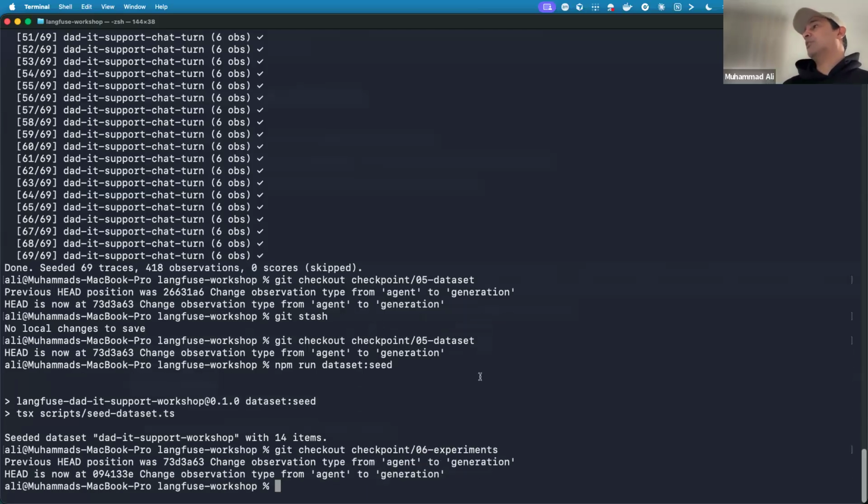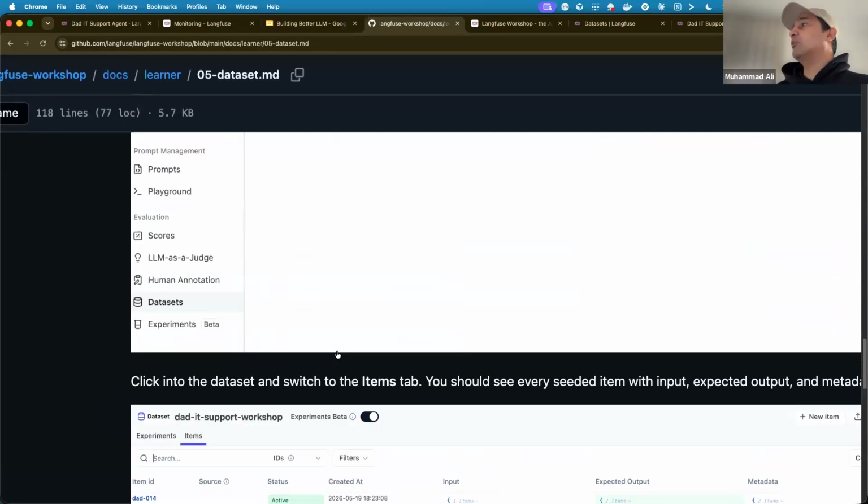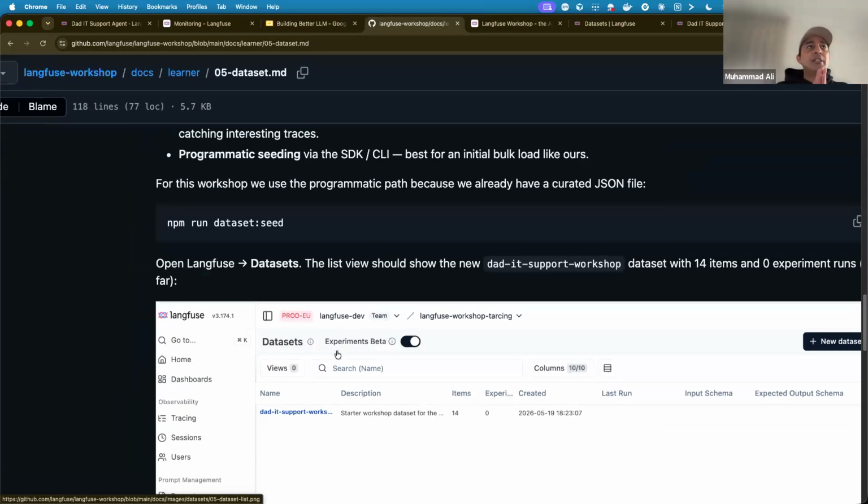And then I move to the next one, experiments, right? So now we are going to see what we can do with this data set. In your traditional application, unit tests are run by a test harness. An experiment is like a test harness. It's a construct that feeds your application logic dataset items one by one, so you can pass them through your agent logic